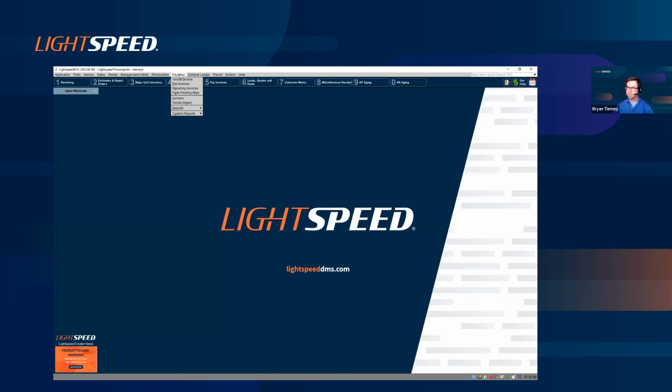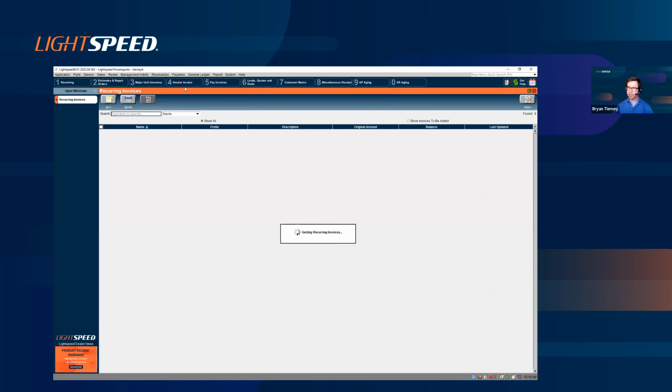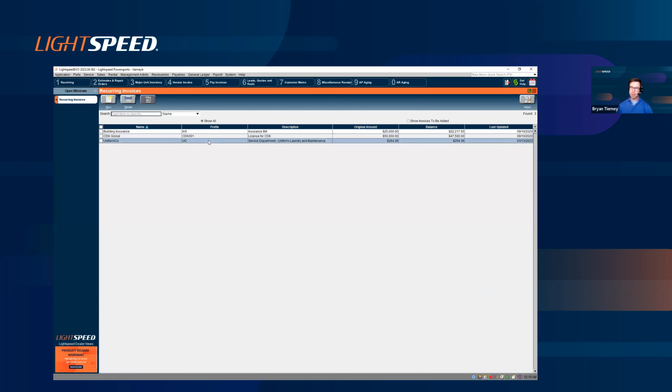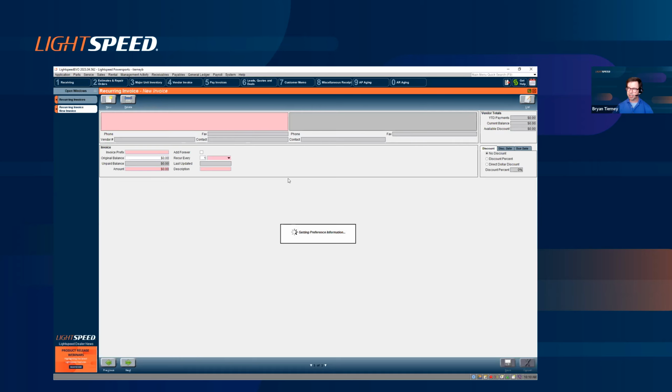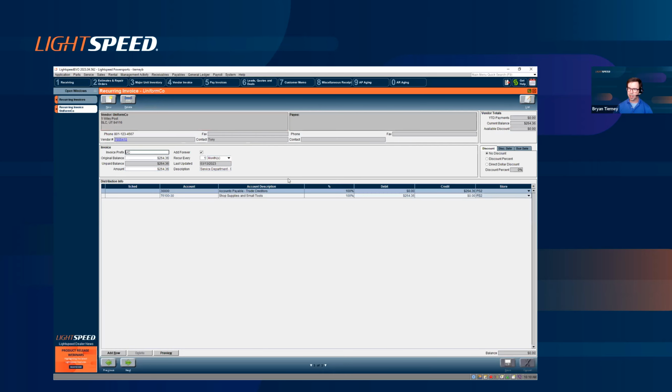So I'm going to select Payables. And I'm going to select recurring invoices, and we'll talk about what a recurring invoice is. In this particular menu, I've got 3, and maybe we pay on a monthly basis our uniform laundry company that does all of the laundry for our technicians' uniforms. And in this instance, I'll double click just to give you a sense of what to expect. We're paying the uniform company $264.36 per month. Directly impacts accounts payable when we create that invoice, and it is offset against our shop supplies and small tools